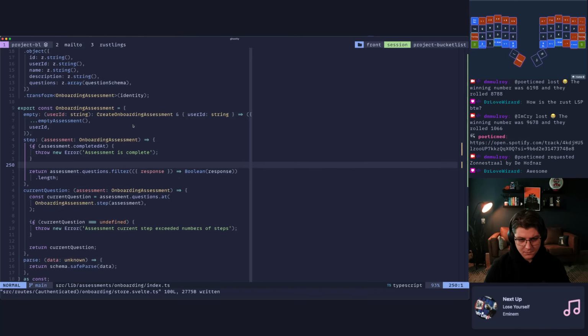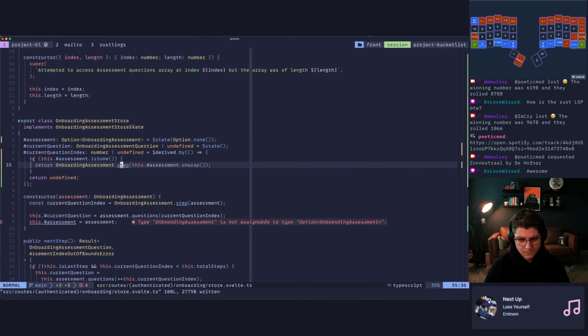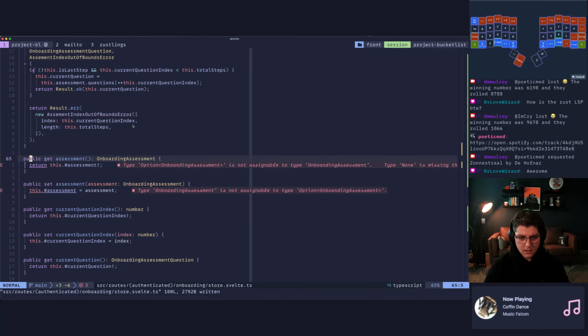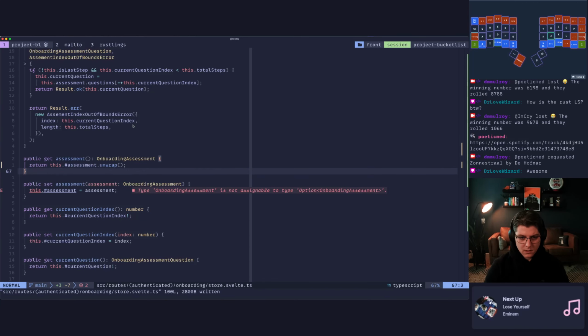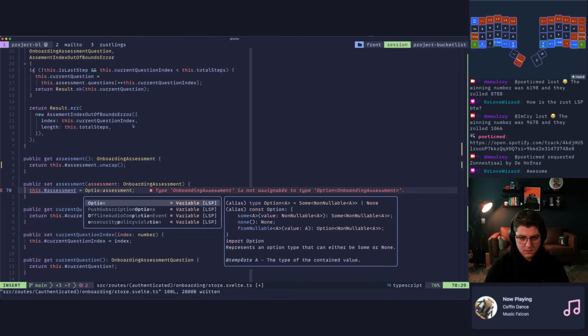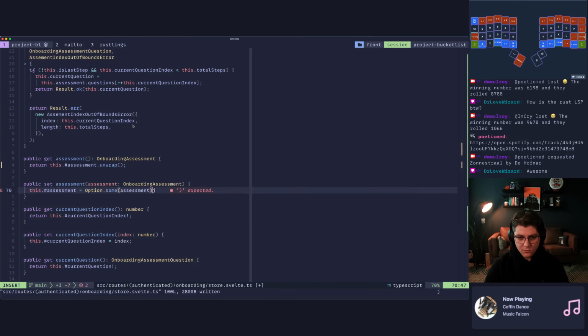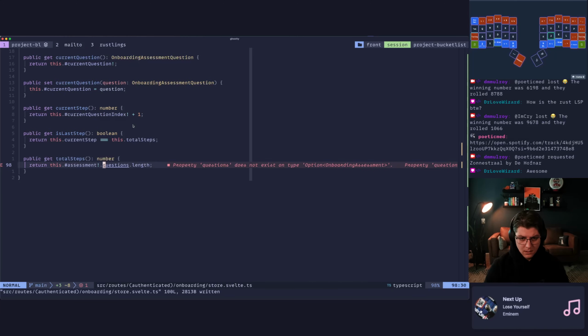I think that needs to be -1. And then this will be down here, option.some, the same pattern as we had before. And then down in our getters and setters, this is going to be unwrap. And this is going to be option.some, right? That is the same identical pattern as we were using in our simple example.